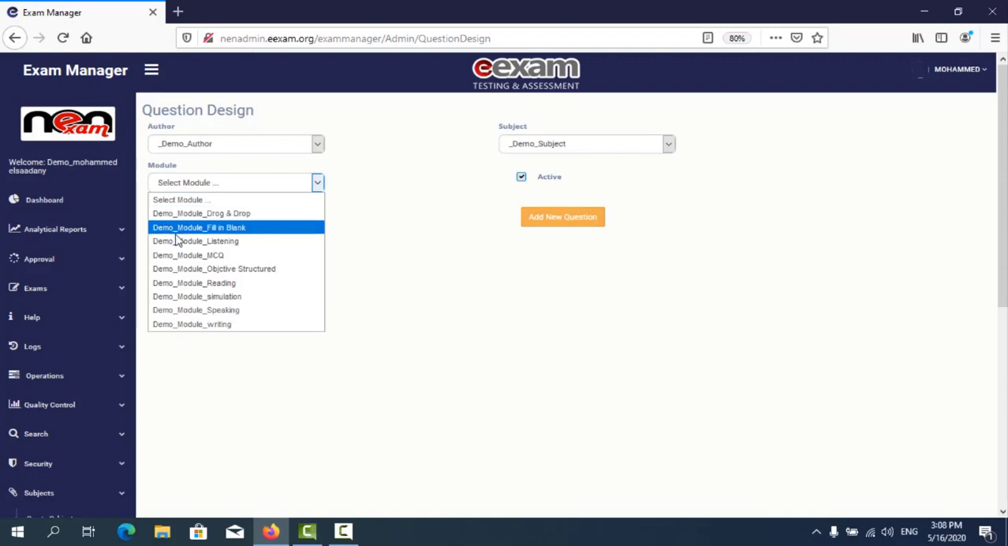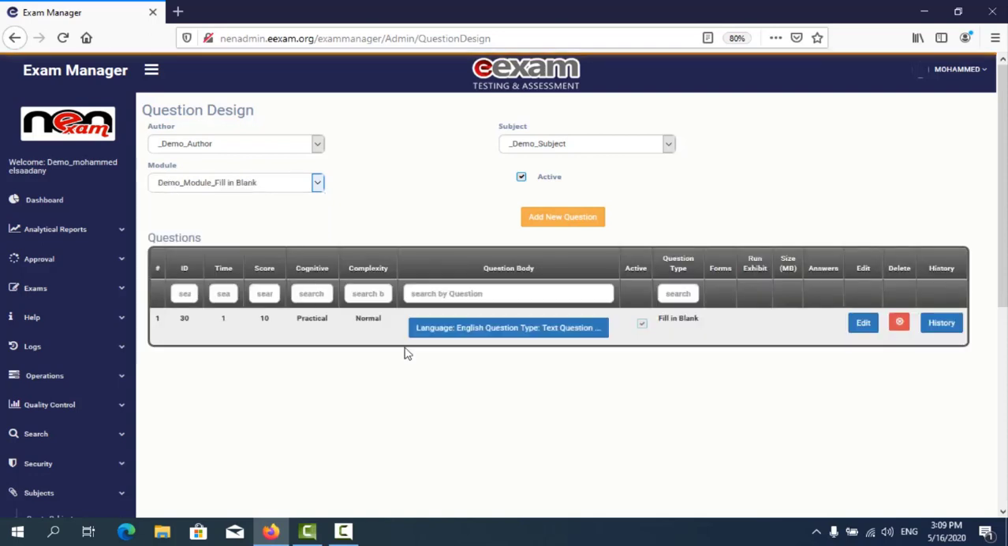Again, you can add as many modules as you want. Make sure you are selecting the correct module. As you can see here, there are many modules including listening, speaking, writing. When the question bar appears, or the question body, you need to select Add New Question on top here in